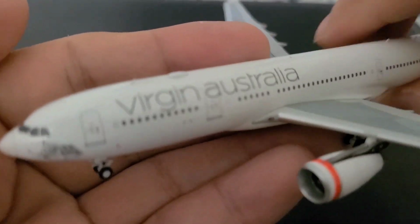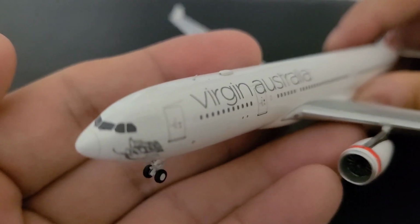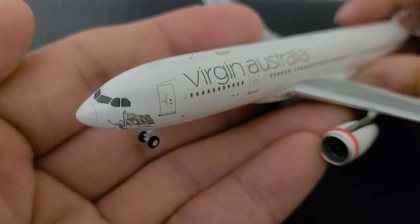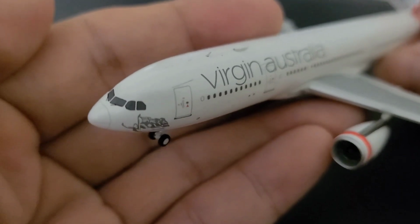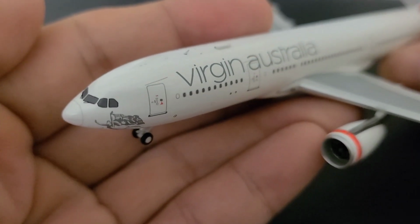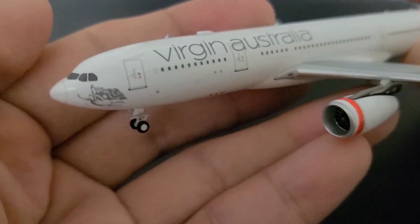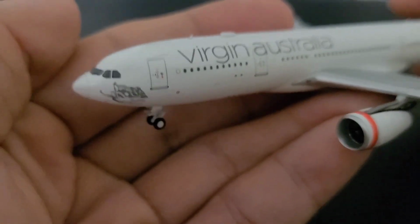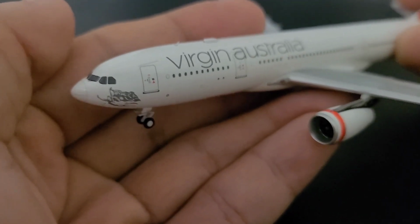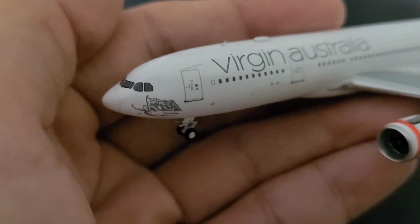as with all model reviews, I'll start here at the very front of the model with the nose cone, the cockpit windows, the windshield wipers. Here is the nose art, which in this particular model, I'm not sure if it's a man or a woman, but I assume that it's a woman